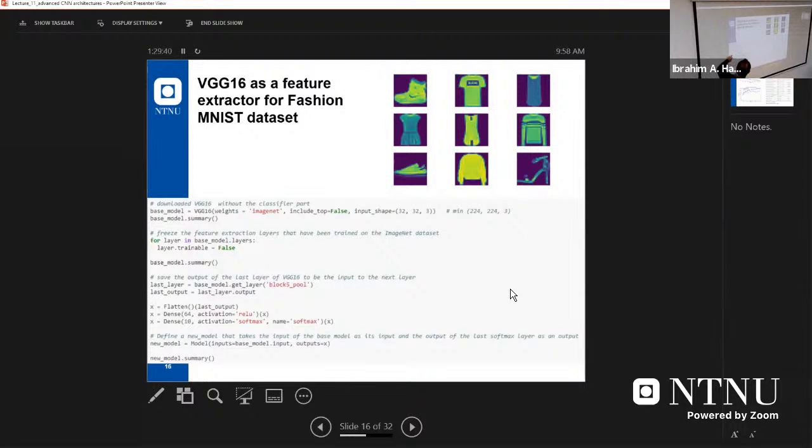If you use base_model.summary, you will get all the information. We will open the code now. Now we will save the output of the last layer of VGG16 to be